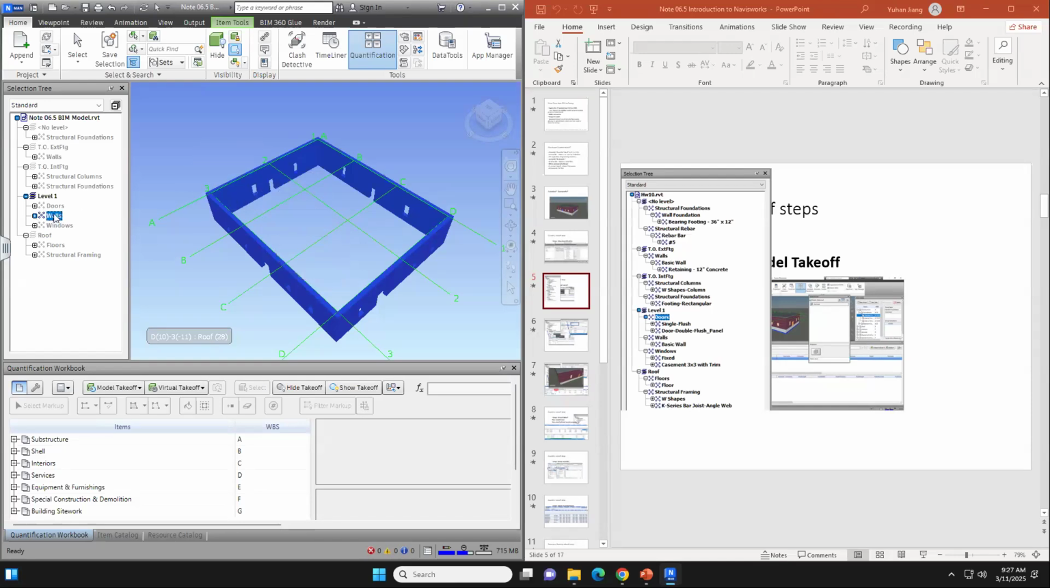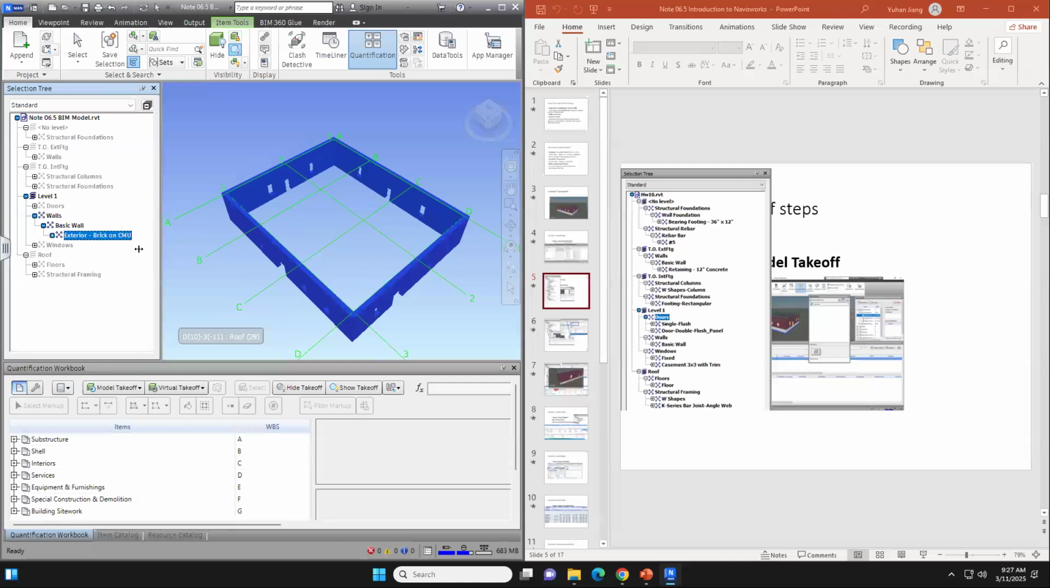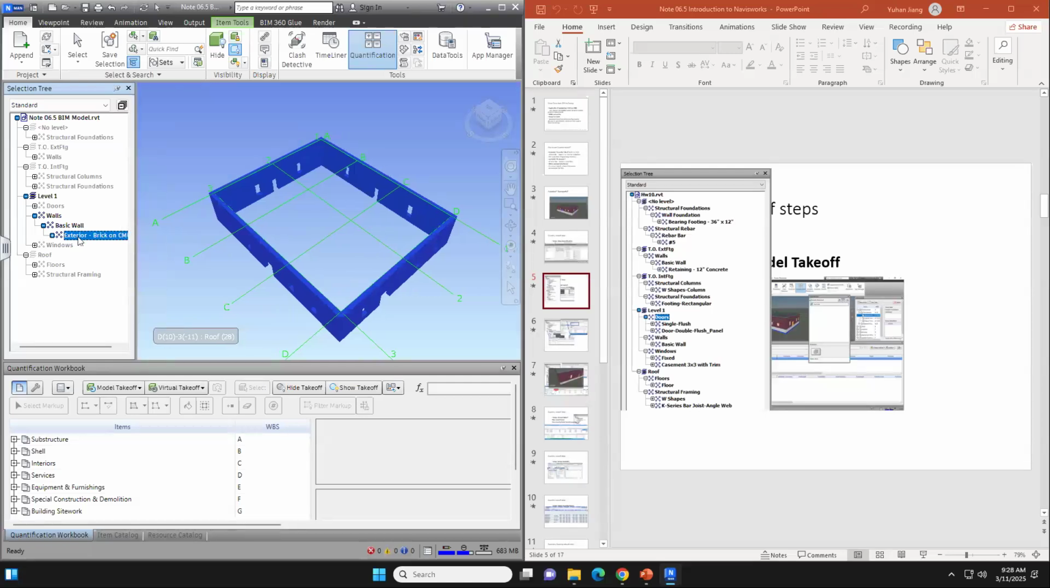So we're still in the wall level, but if you open the wall level, you will see there are some individual objects underneath it, right? I guess this has 4 walls because we have 4 sides. You will see the basic wall, because the type of this one is basic wall. Then we open this one, you will see the external brick on CMU, brick on CMU, right? And then you open this one again, you will see here has 1, 2, 3, 4